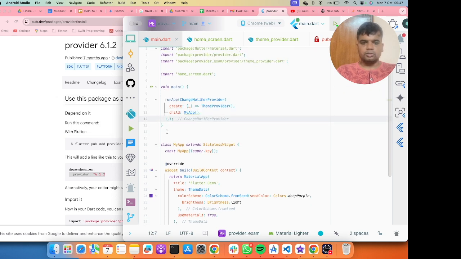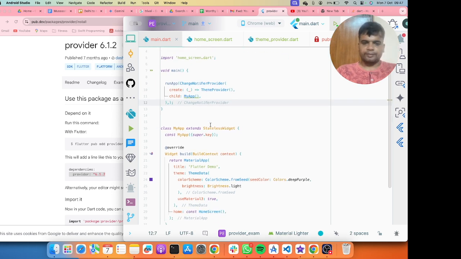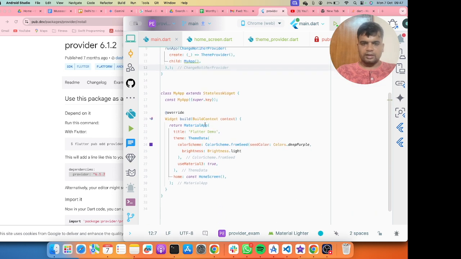Okay, so I can use this provider across the app, and here I will use the consumer, which will consume the value.